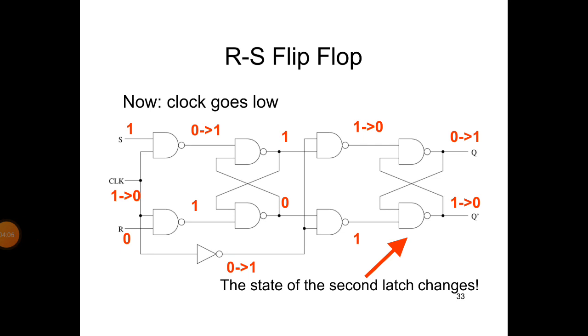So this slide shows the state of second latch changes. The previous slide, the state of first latch changes. So here the second latch changes. Here also the same concept. The first clock will be 1, next clock will be complemented means 1 will be 0, 0 will be 1. So if it is 0 means clock, the next state the clock will be 1.